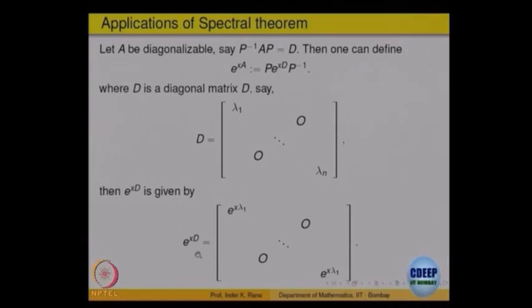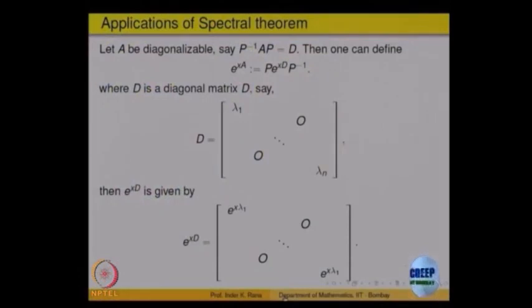And this happens not only for the exponential; for any function of D, you correspondingly look at f of lambda 1, f of lambda 2, and so on. So, diagonalizability has a lot of applications in computing functions, when the domain of a function is a matrix. The exponential is one which you will most probably come across when you look at systems of differential equations and finding solutions. So, eigenvalues and everything will come back there. The one advantage of diagonalizability is that you can compute powers and the functions of